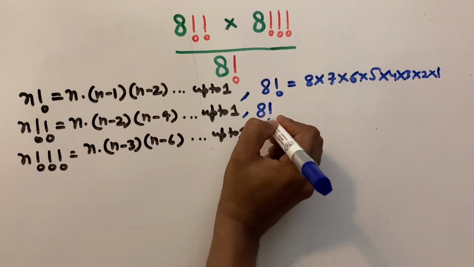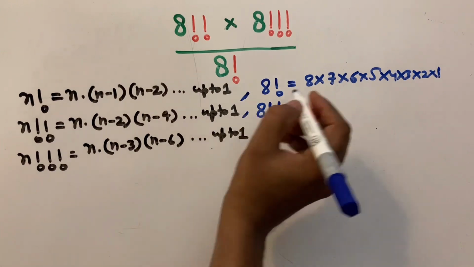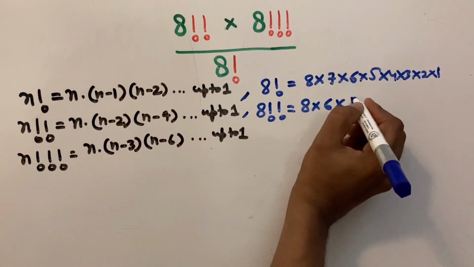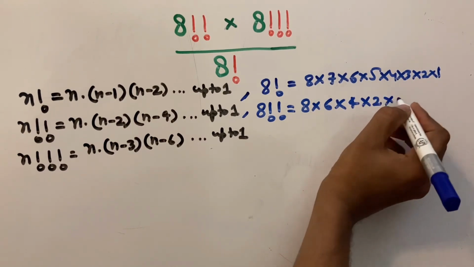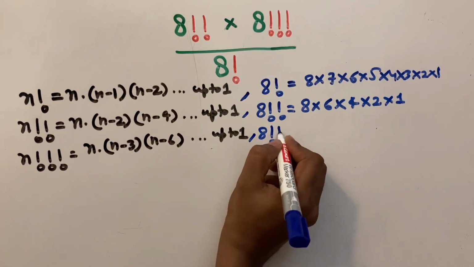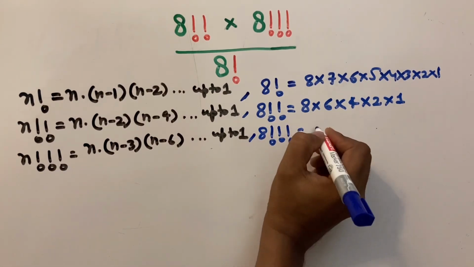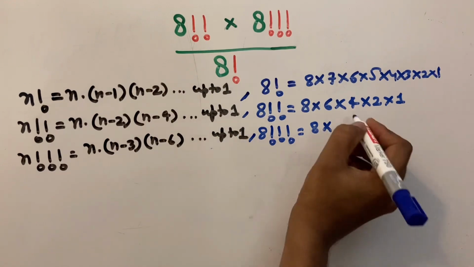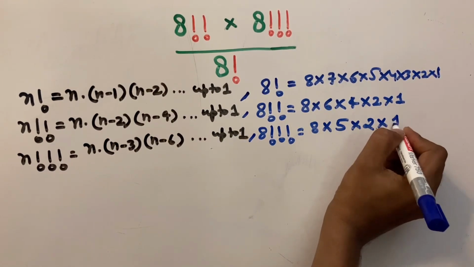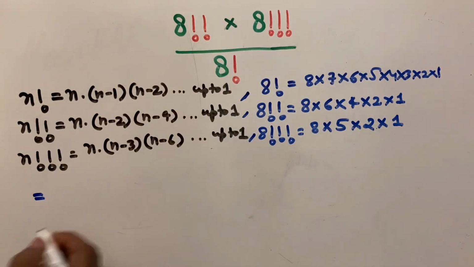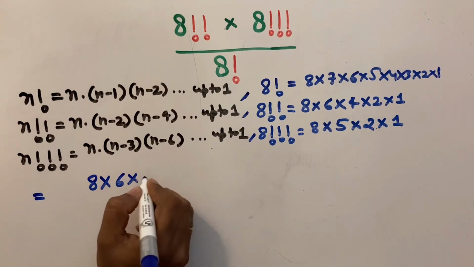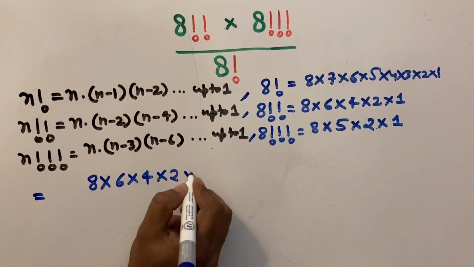and 8 double factorial is equals to 8 multiply 6 multiply 4 multiply 2 multiply 1. Similarly, 8 triple factorial is equals to 8 multiply 5 multiply 2 multiply 1. This problem simplifies to 8 double factorial equals to 8 multiply 6 multiply 4 multiply 2 multiply 1,